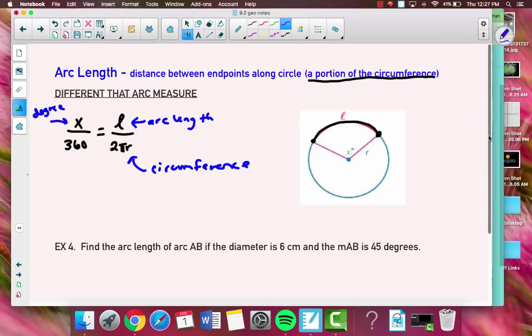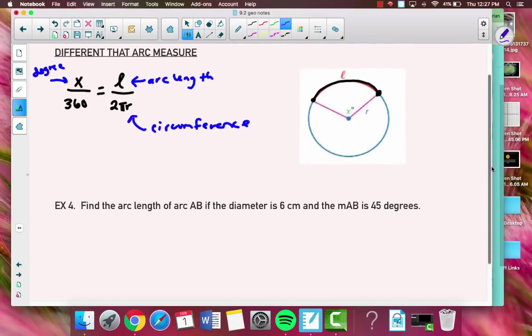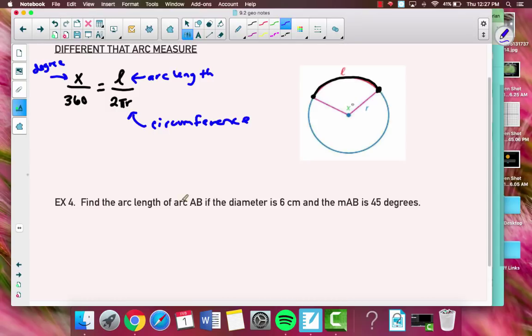So let's go through an example of this together and then we should be good to go. It says find the arc length of arc AB. We've got a random circle with an arc in it. The diameter is 6 centimeters, so that's important, and the measure of arc AB is 45 degrees. They gave us the degree, so we're going to fill that into our formula. We'd have 45 degrees over 360 equals, we don't know the arc length, we're looking for that, so L,